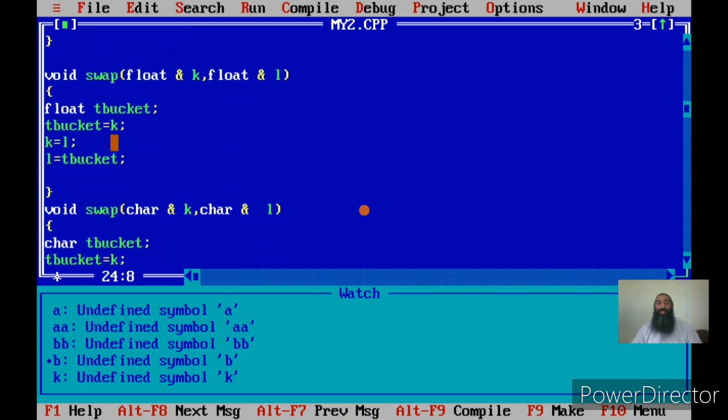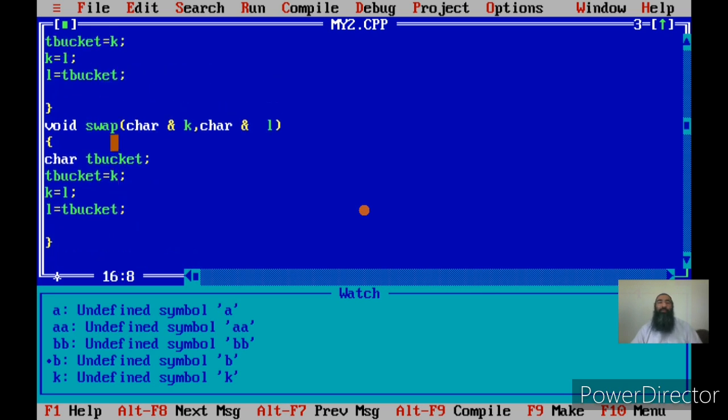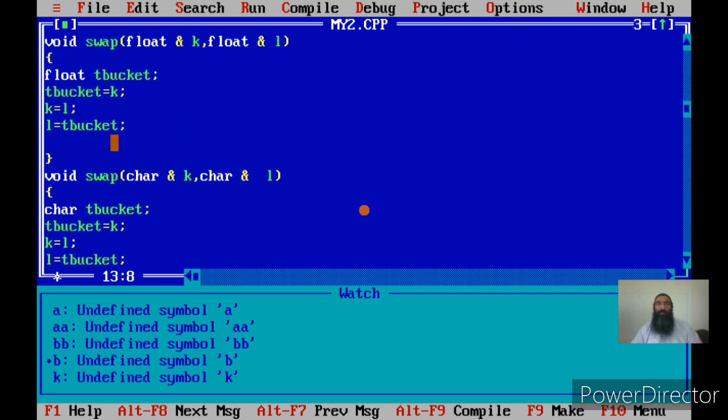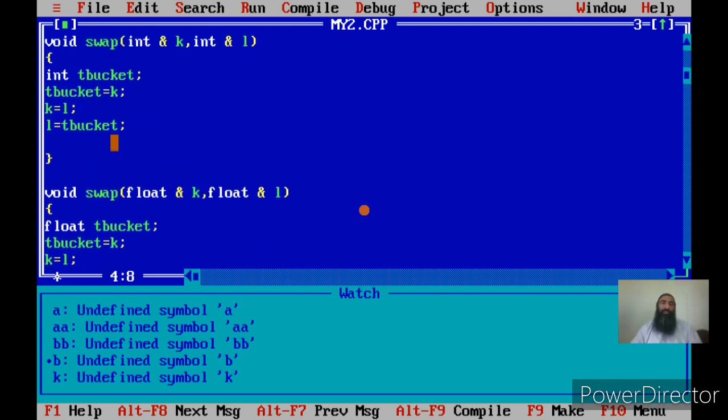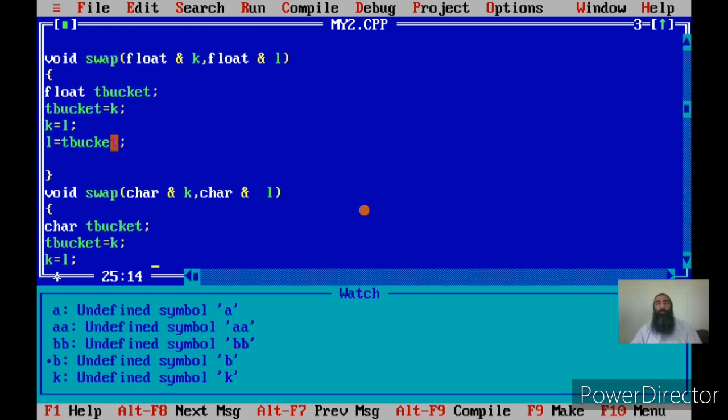But again, your question can be, what is the name for this function? That is the last one, because we don't have any function definition that corresponds to the data types of these actual arguments. So my answer is that the best choice was float, and it called this function because float can accommodate the double. This is my answer. I don't know how the compiler internally handles it, but since this call was possible, and there is an indication that a function has been used, you saw in the call it was swap of float and float.